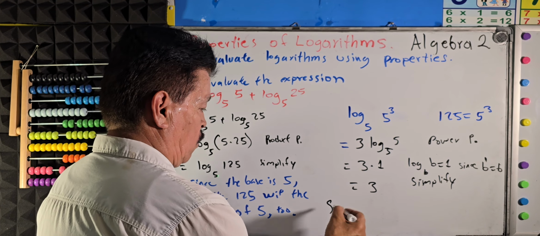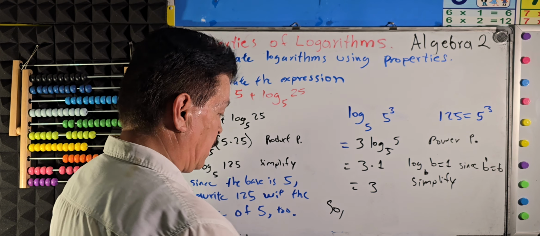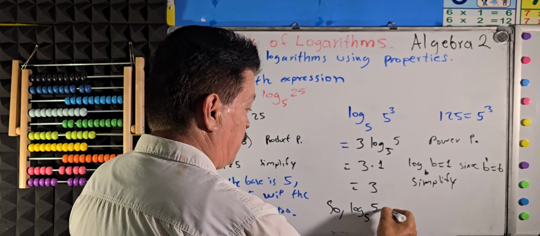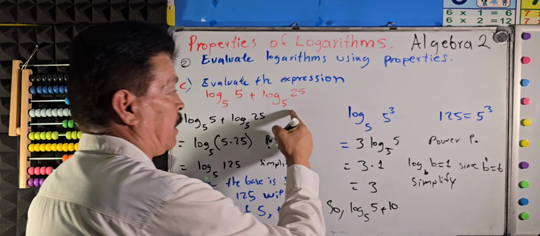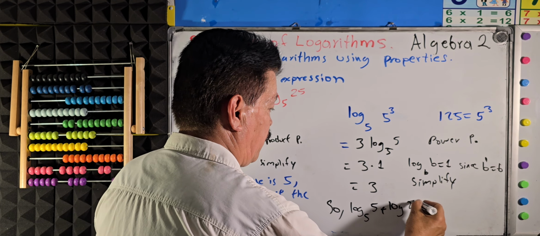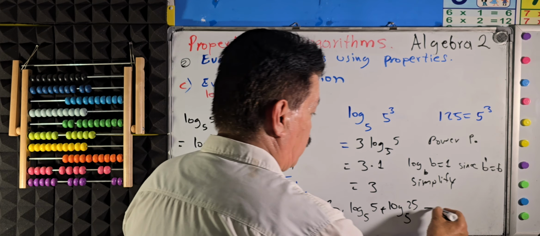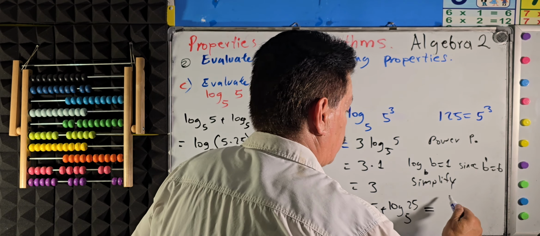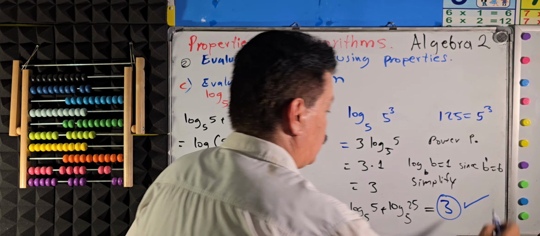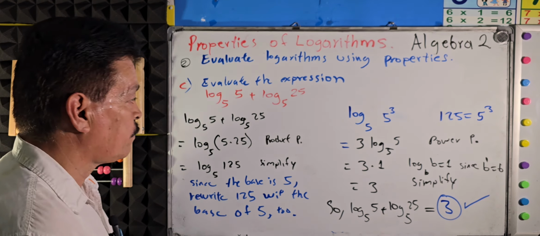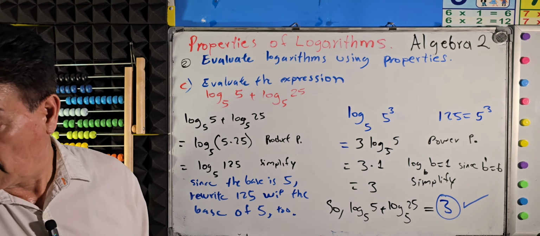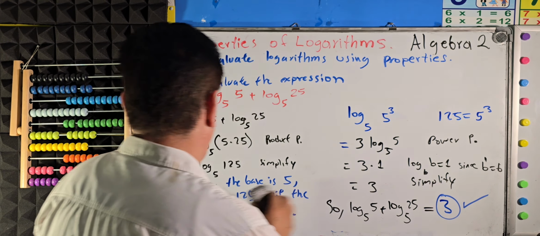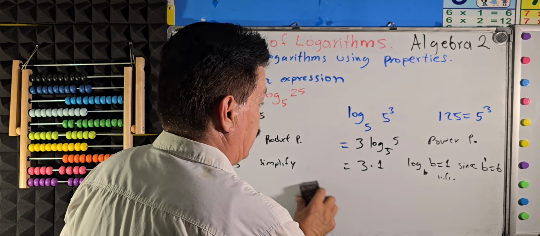So the answer is log of 5 with the base 5 plus log of 25 with the base 5 is equal to 3. Right there. All right, got it? Okay, let's go to the next topic